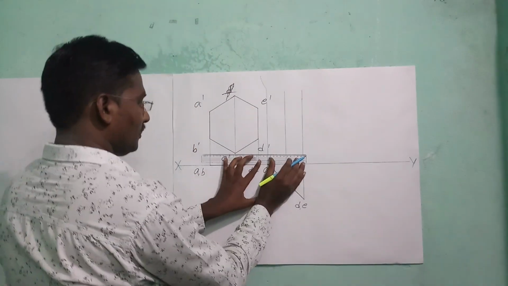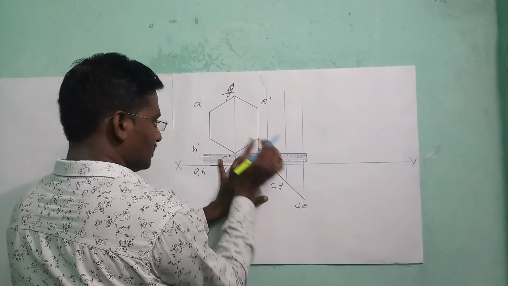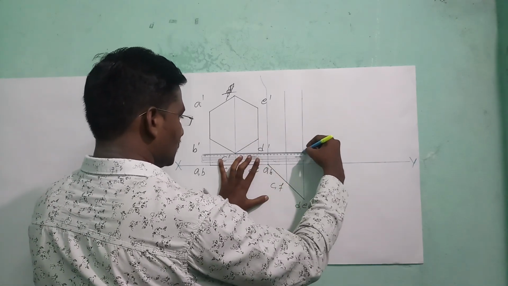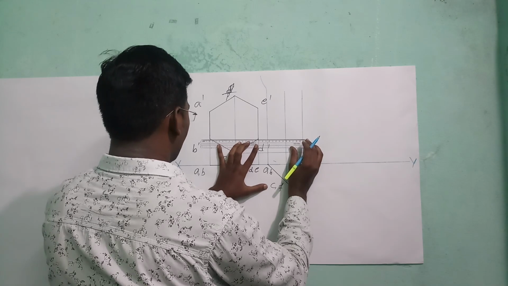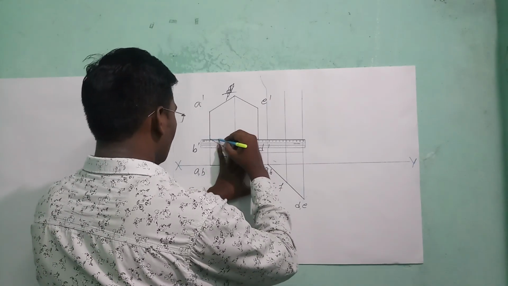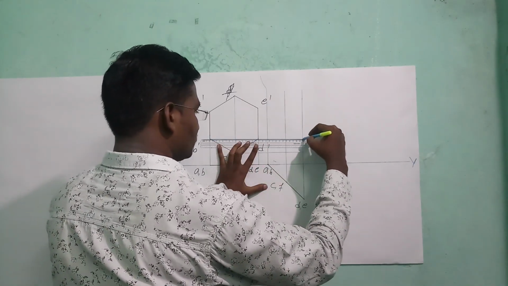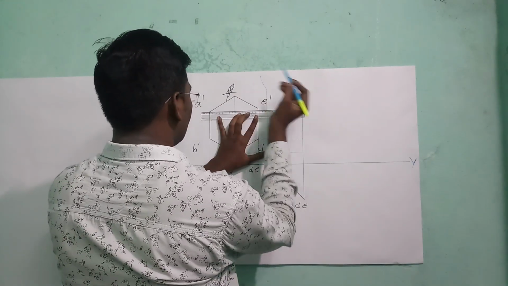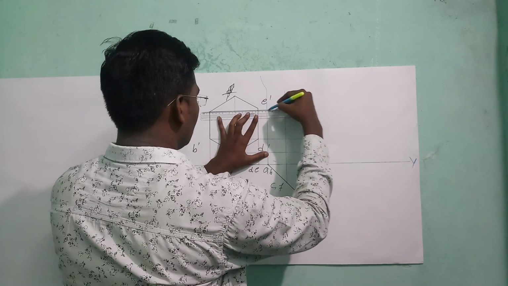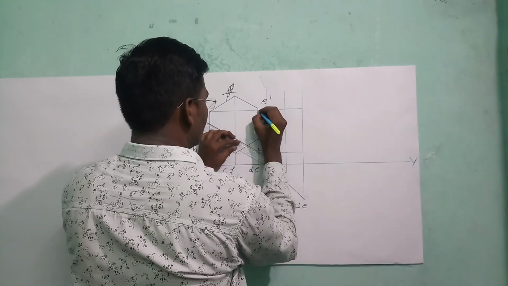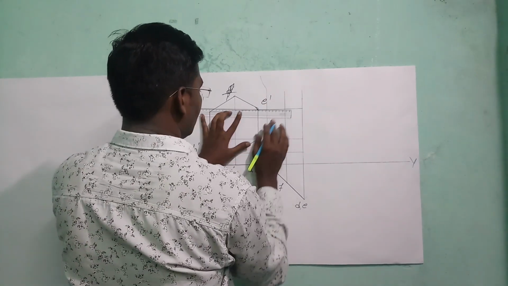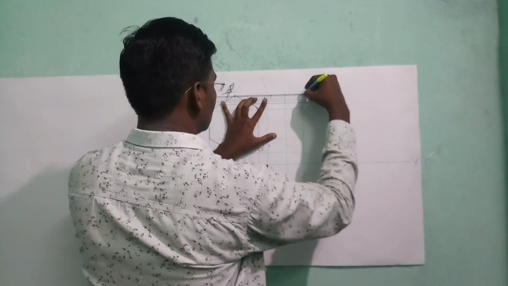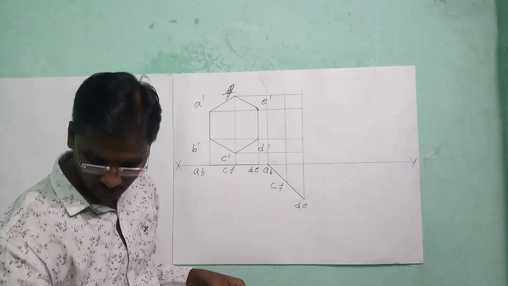Okay, after that, from this hexagon also draw the horizontal projection lines. When you are joining the points from B dash to D dash, those 2 points will be on the same line. Similarly, A and E dash. So here by mistake, this is the point E dash. Those 2 points also will be on the same line.